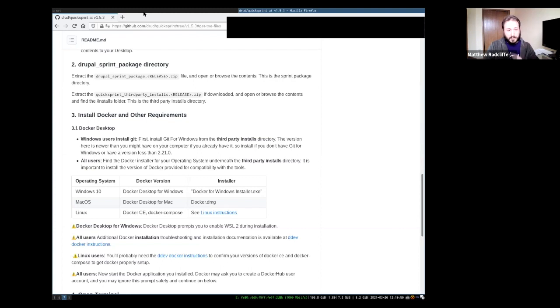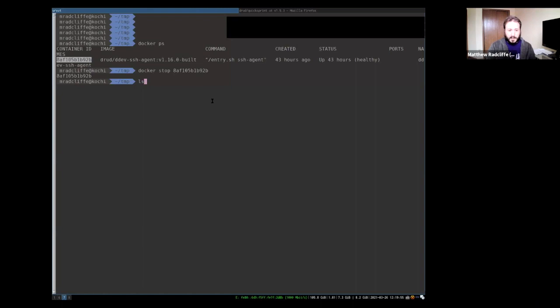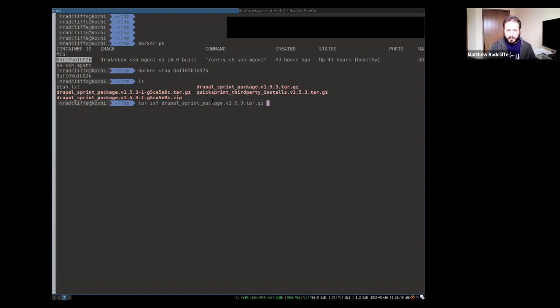As an example, in a temporary directory here, I'm going to run tar zxf, which extracts a tarball, and then provide the Drupal Sprint package.